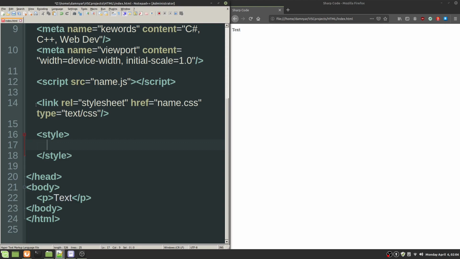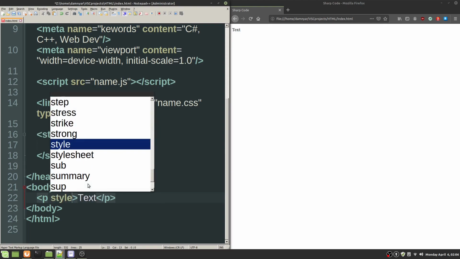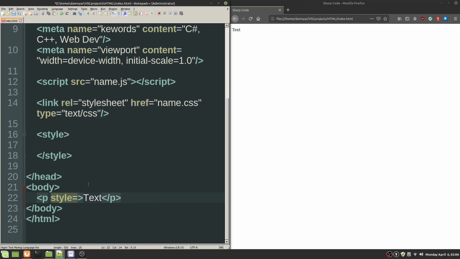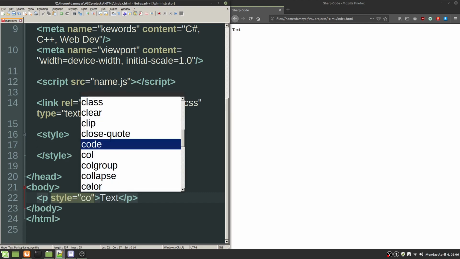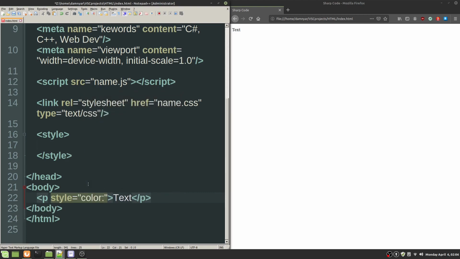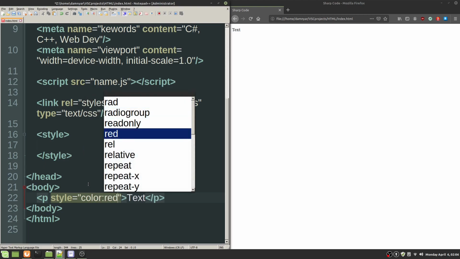Now let's talk about style inside our HTML file. As you can see, we have a link to an external CSS file. As I said, we can add CSS inside our style tags, and there is one more way. We can set an attribute called style equal to quotation marks, and we can set a color of the content inside the p tag, let's say red,